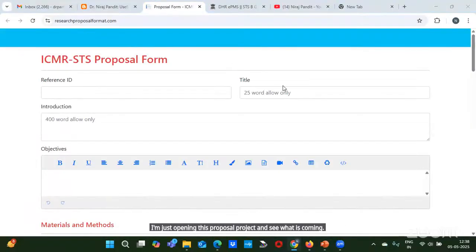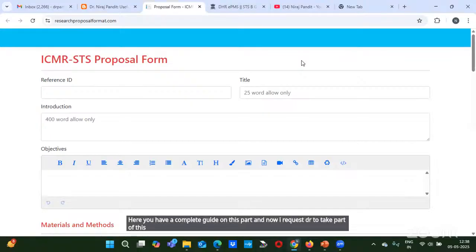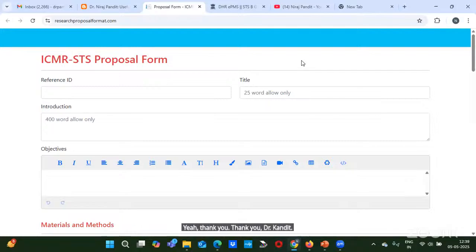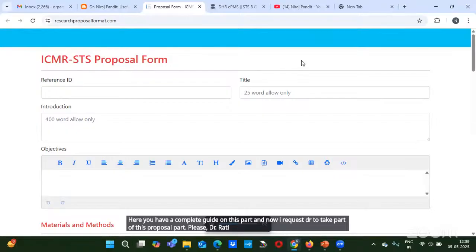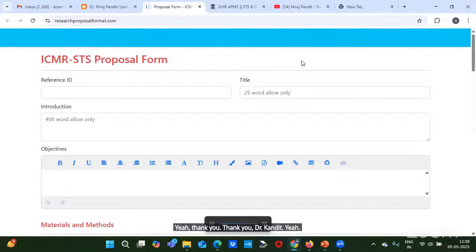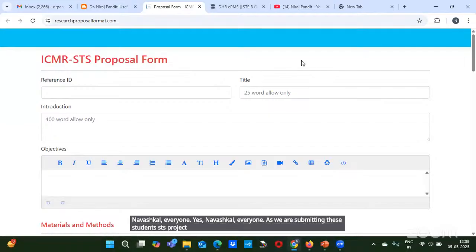Here you have a complete guide on this part, and now I request Dr. Rathi to take over this proposal part. Please, Dr. Rathi. Yeah, thank you, Dr. Pandit. Namaskar, everyone. Yes, namaskar, everyone. As we are submitting the students' STS project, we need to be clear first about